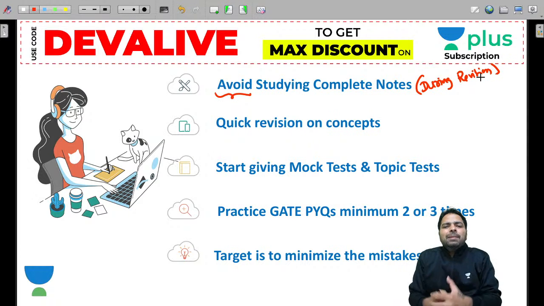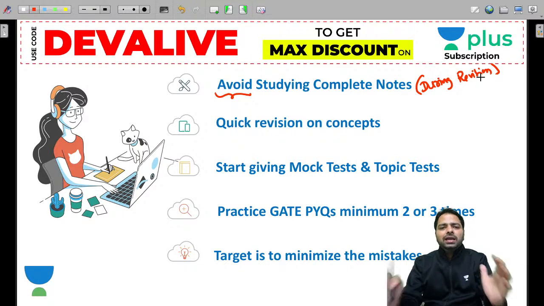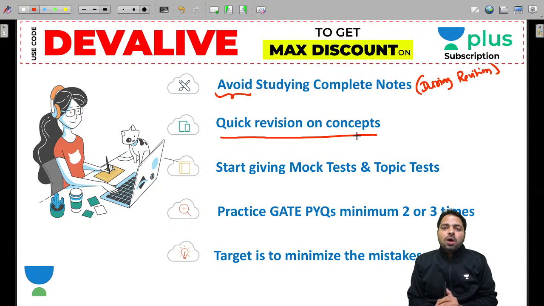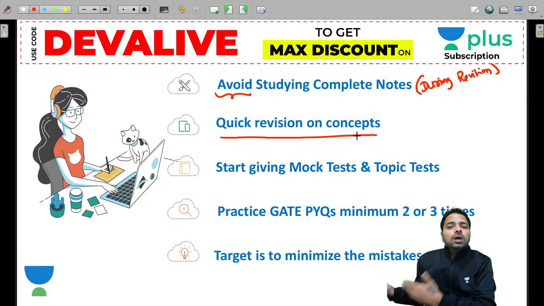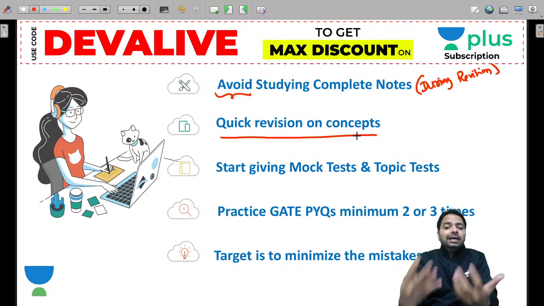Then how to use these completed notes, guys? Whenever you are not able to recall things, you must go to that topic and read it completely, to gather all the points that you have in the topic. But don't waste your time reading the entire subject again. It looks like you forgot, but you have another option, that is you can do quick revision on concepts. How can you do that? Look at your definition, look at the example, and ignore the problems that you have done, because the problems you are going to practice later on. So you can quickly go through the things that you can recall quickly.